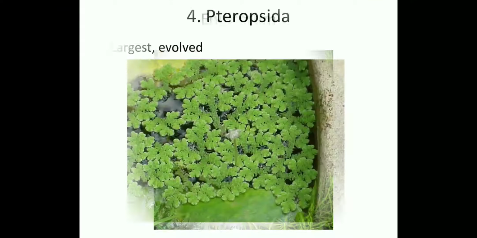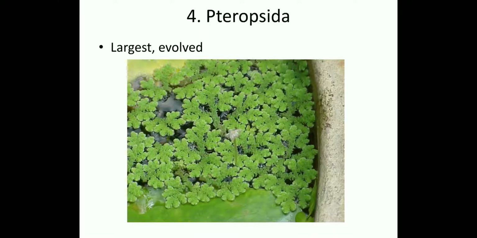Now, coming to the last class, that is Pteropsida. Pteropsida has been divided into three classes: Filicinae, Gymnospermae, and Angiospermae. Filicinae are basically seedless plants. We know that pteridophytes are seedless plants. Here, the sporangia are attached to the fronds. Leaves are the fronds, no? So the sporangia are attached to the frond, and when immature, the frond shows circinate vernation.